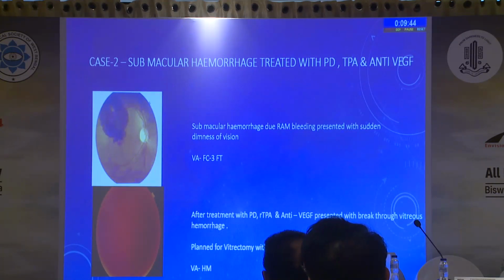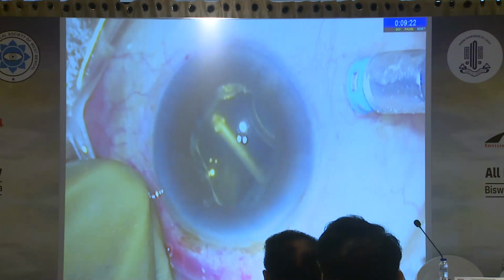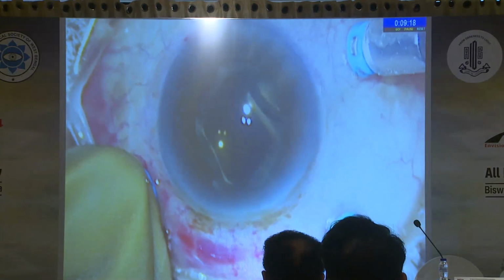When we are giving rTPA either intravitreally or subretinally, we need to counsel the patient that you might have a breakthrough bleeding. This is pretty common, and the patient should be counseled before proceeding with the operation. So once this breakthrough bleeding happened, we had to take him for the vitrectomy, and I will just